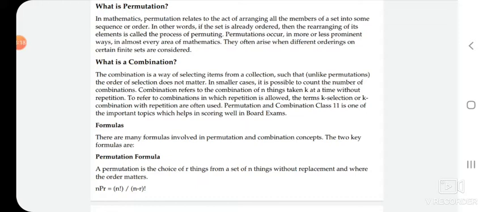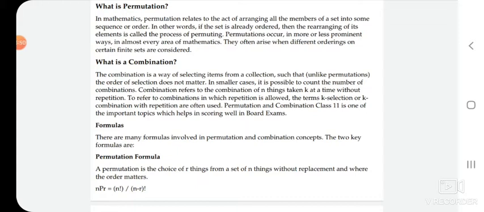What is permutation? Permutation is nothing but a number of arrangements only. That's it. But if we compare permutation with combination, both are number of arrangements, but in case of combinations, that arrangement must be a meaningful arrangement. Then and only then it is called a combination. That's why combination is different from permutation.